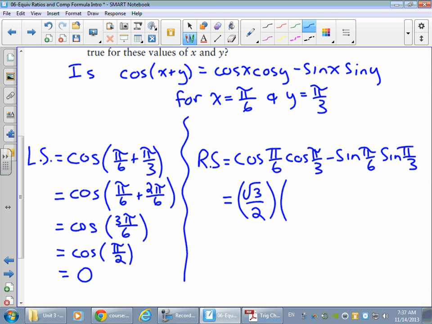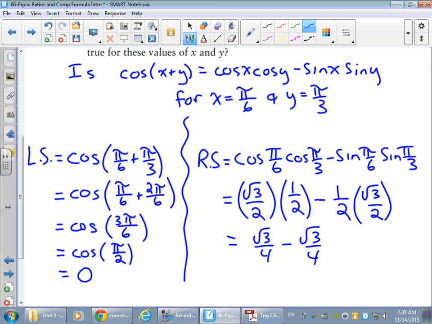Cos of pi over 3 is 1/2, minus sine of pi over 6, which is also 1/2, and this is root 3 over 2. Lovely stuff. I get root 3 over 4 minus root 3 over 4, which is 0. And so in this case, the question was,